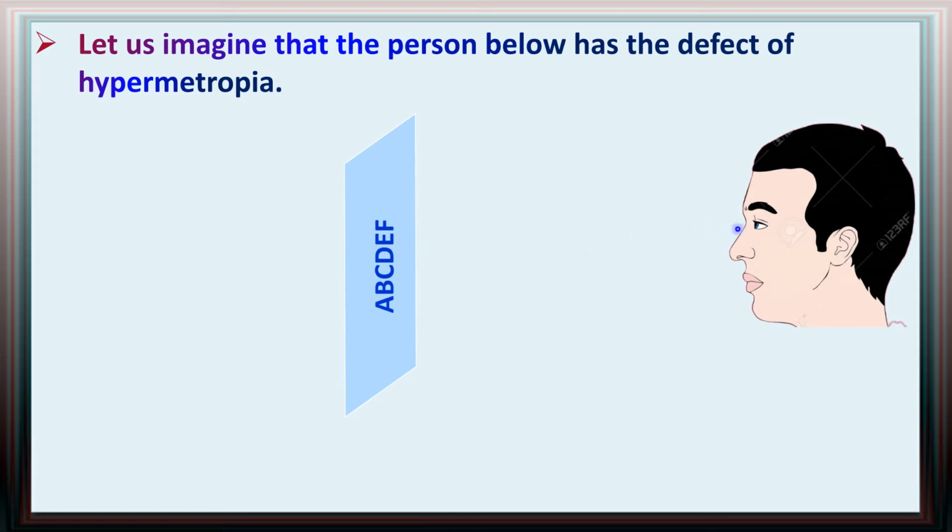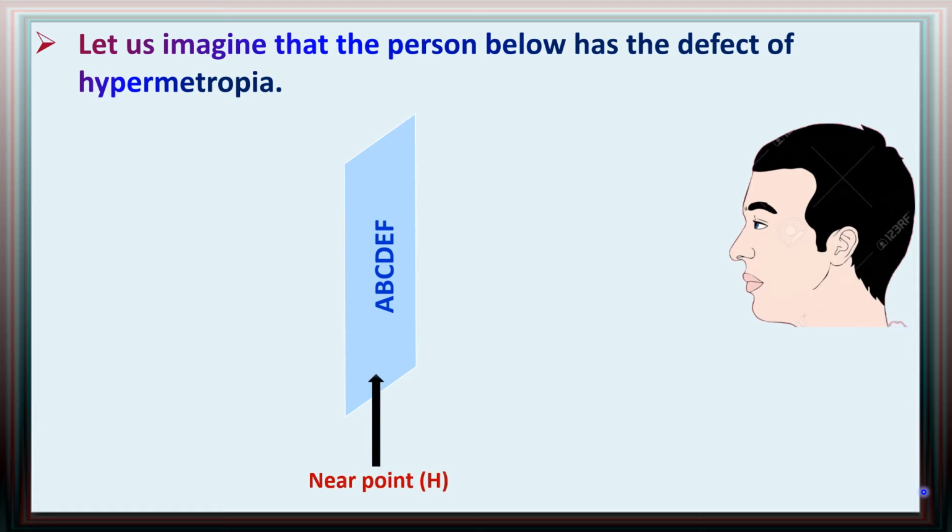So the near point is not located at 25 centimeters. It is located more than 25 centimeters. So this is called the near point in his case, because this fellow is suffering from hypermetropia. And this is a very important thing. He can see the things from here up to infinity. He can see even stars very clearly. From here up to infinity, he can see the things clearly. Below this, he cannot see.